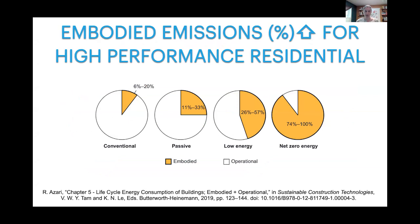Okay, so we have been assuming this is a small part for conventional buildings. I just want to point out, we assumed that correctly. We assumed it was like 10% or less of the building's overall life cycle. In this case, it's energy consumption, emissions. Emissions pie looks somewhat similar. Right, and so we have been assuming that, but then what we realize is that the tighter you make your